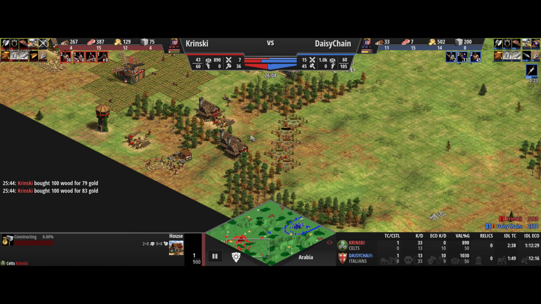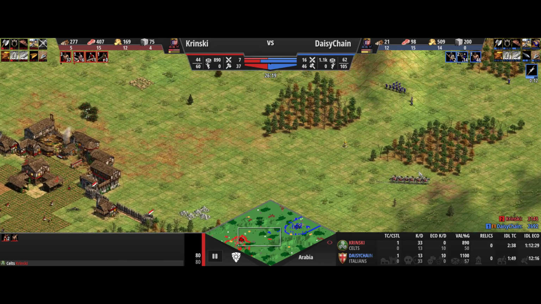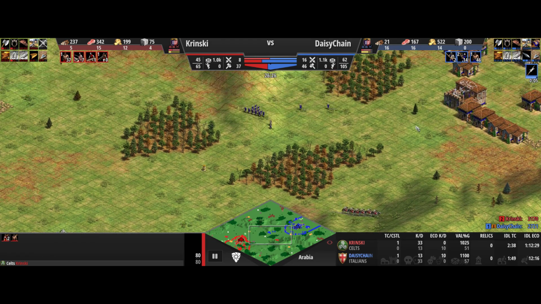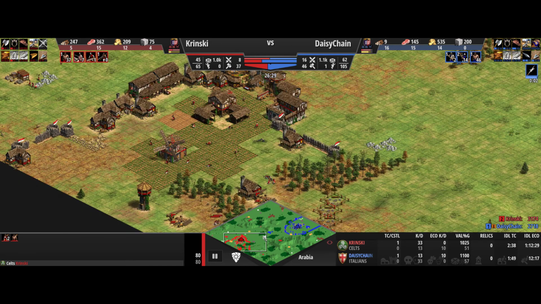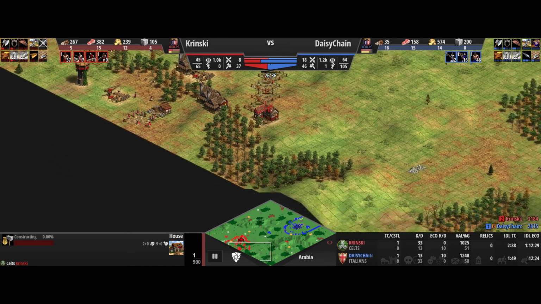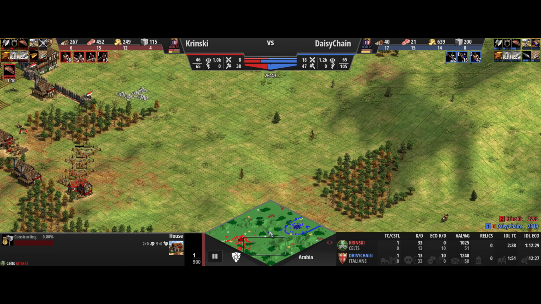This is a good house wall. It protects, especially with crossbowmen who can range all this. It protects his wood lines. It's so important for the Celts, right? Especially if you're thinking siege for the Celtic player, you're going to need steady income of wood. So this is a good choice if you can pull it off from red. I do like that choice. Wood is going to be the deciding factor in this game,